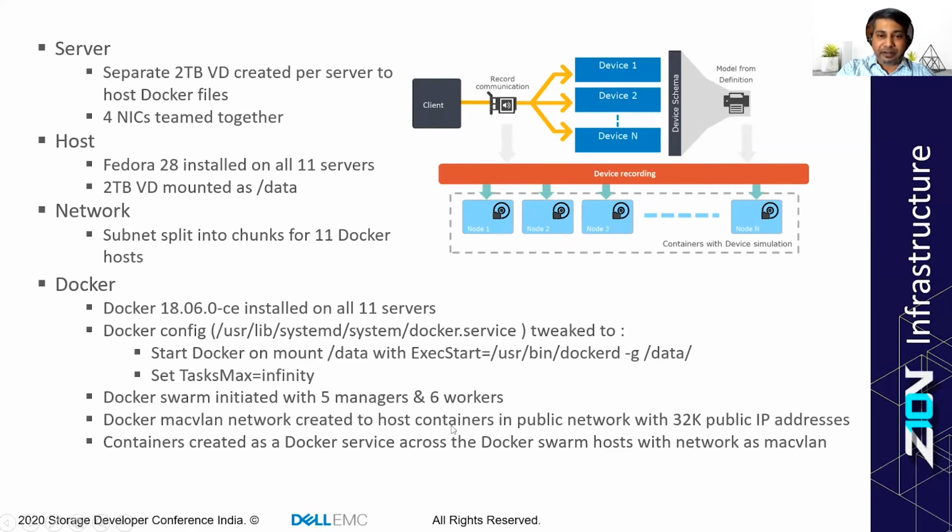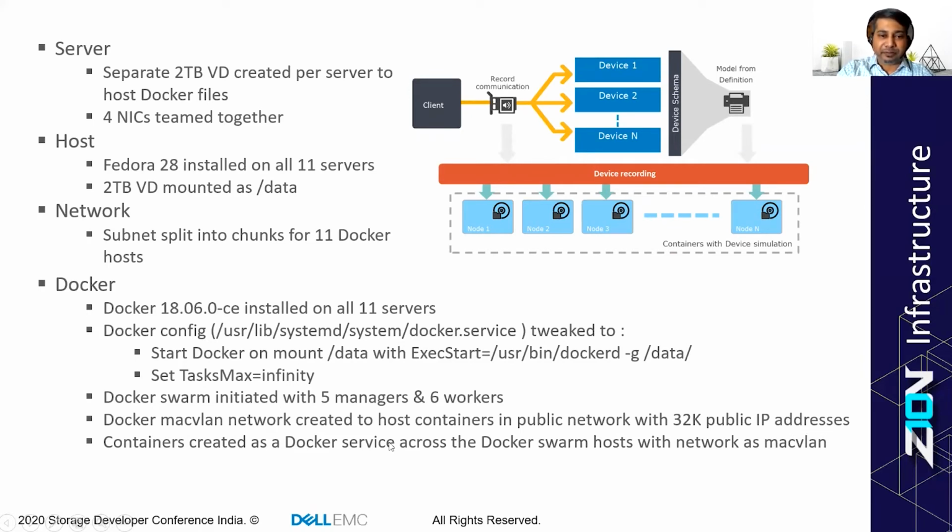So every container was shown as a unique entity on the network with its unique MAC and its unique public IP address, which meant that you would not have any latency in terms of how your management client would try to hit its request, be it Redfish, be it WSMan, be it SNMP, to every single container, and then get its response back in typically how a physical device gets. So that's one thing, and I'll show you a few details when we get into the actual demo part also.